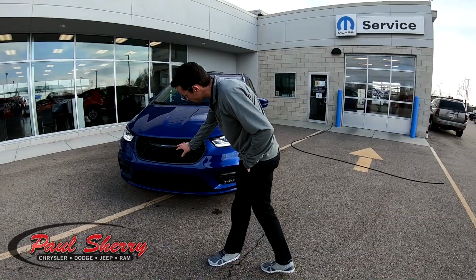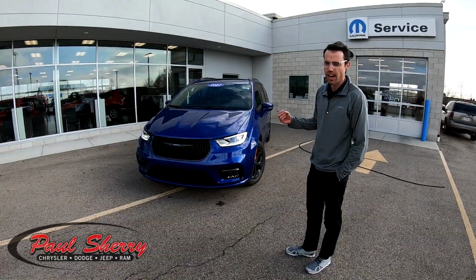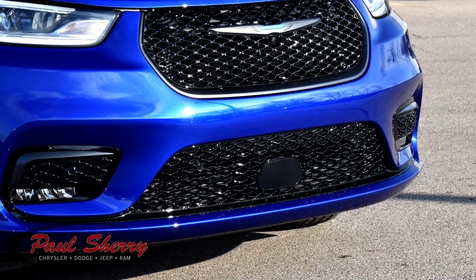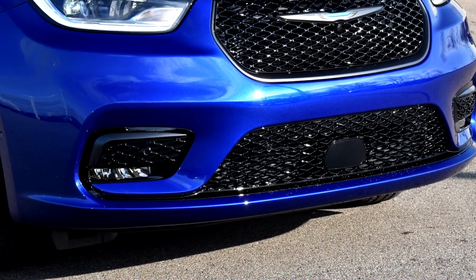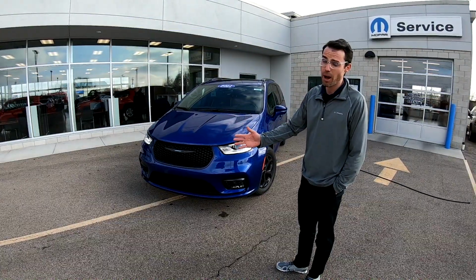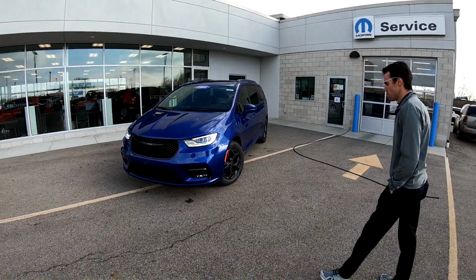And while we're at the front end, I want to show you a couple features that this particular Chrysler Pacifica has. Safety feature, it has park sensors up front here that also sense a pedestrian walking across, maybe in front of you at the last minute at a stoplight, or even a bicycle, so the car will not go forward and possibly injure someone crossing in your front path. Coming around the side,